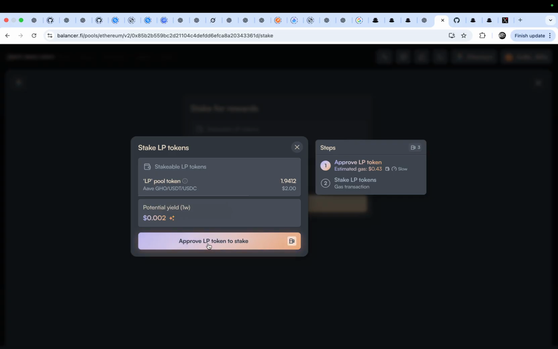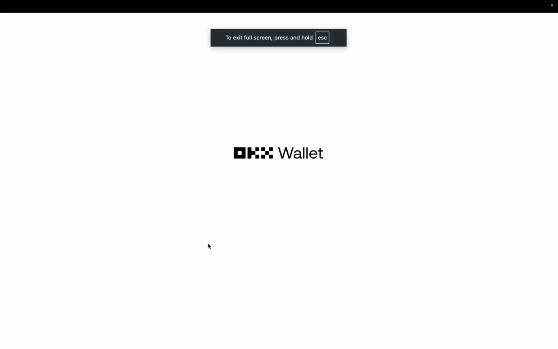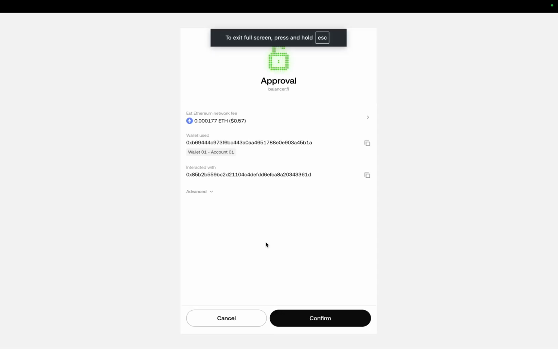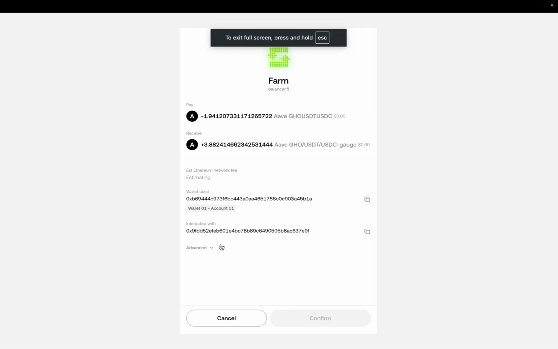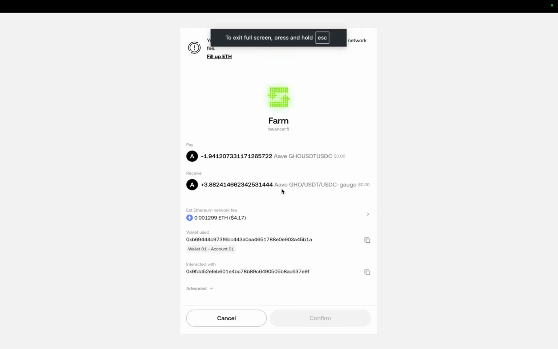Okay. Confirm. I know the default may be negative, so I just stake LP tokens for the experience. So I get another error.